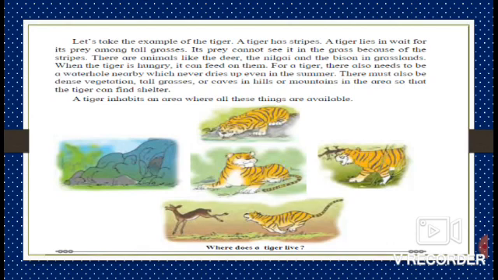Let's take the example of the tiger. A tiger has stripes. A tiger lies in wait for its prey among tall grasses. Its prey cannot see it in the grass because of the stripes. There are animals like the deer, the nilgai, and the bison in grasslands. When the tiger is hungry, it can feed on them. For a tiger,